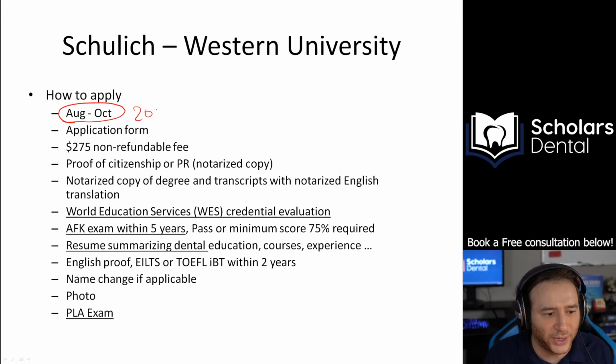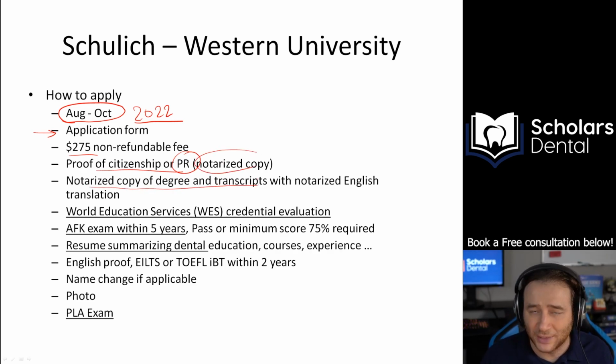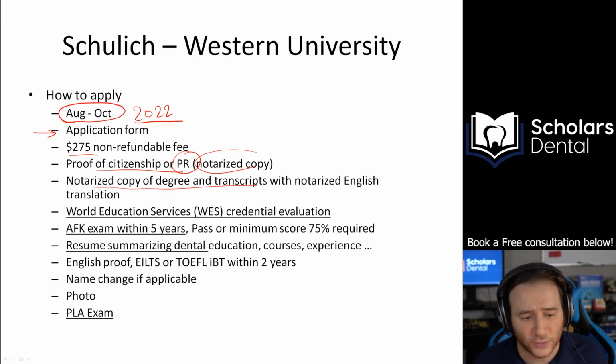So let's assume you're applying in 2022. You have an online application form you have to do. There's a $275 non-refundable fee. You prove your citizenship or PR by giving them a notarized copy. You know, all this stuff, a notarized copy of your degree and transcripts, the same as UFT and most universities, with a notarized